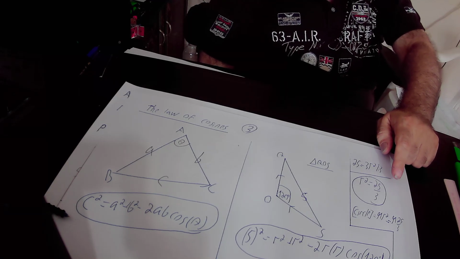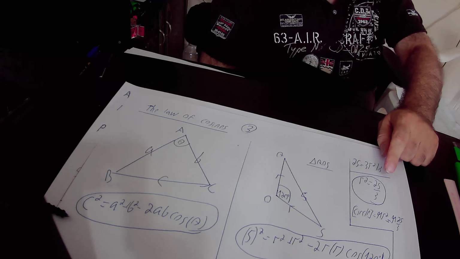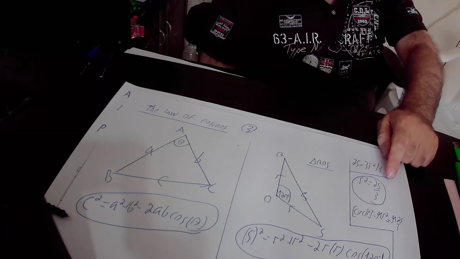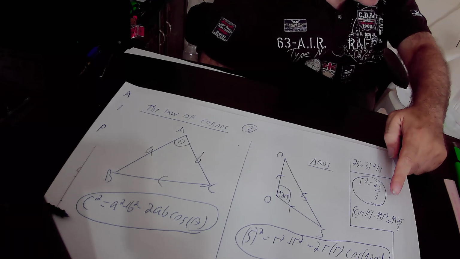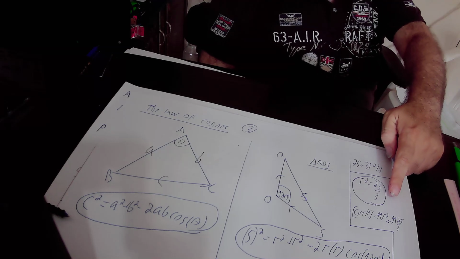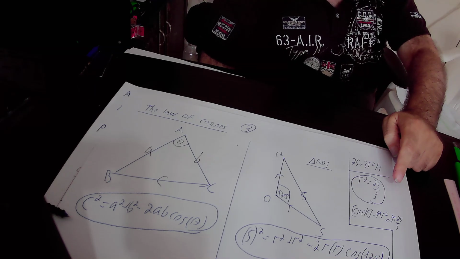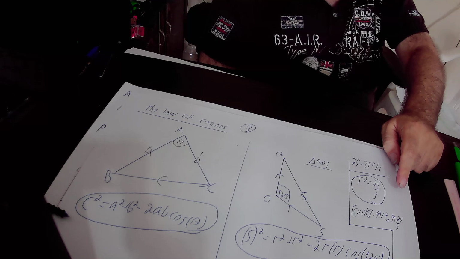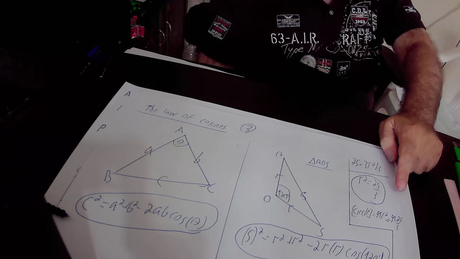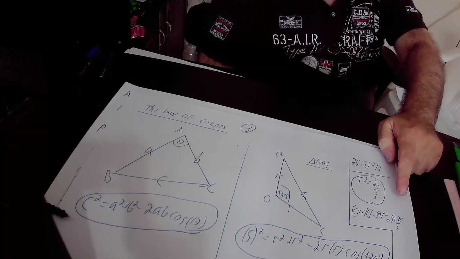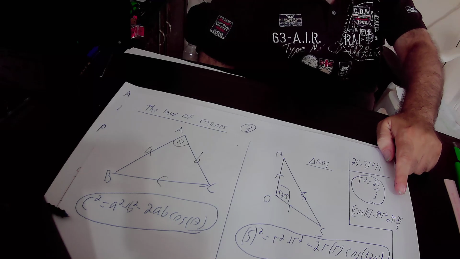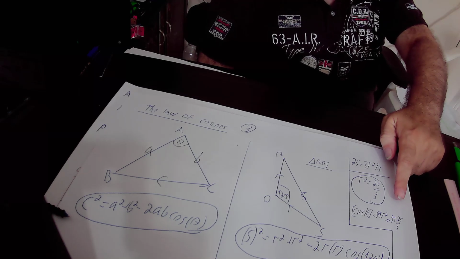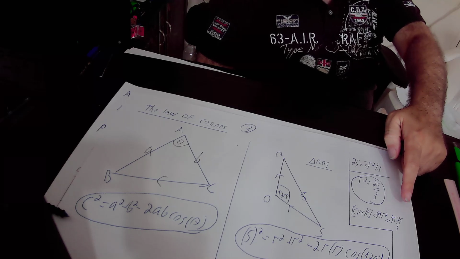The area of our circle is pi R squared. But we already found out that R squared equals 25 over 3, therefore we can substitute R squared in this formula by 25 over 3. We did it when we got that the area of our circle equals pi times R squared, which is 25 over 3. So we substituted R squared by 25 over 3 and found out that the area of our circle equals